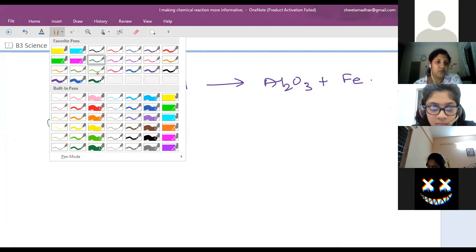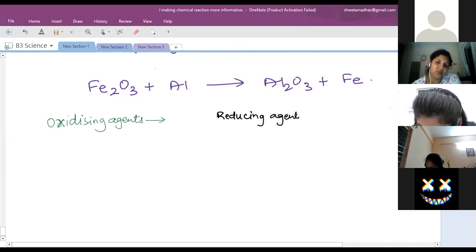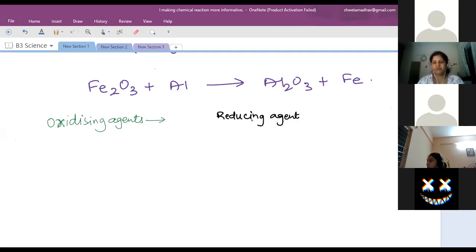Oxidizing agents, what is it? Oxidizing agent, and there is another thing which is reducing agent. Now what is the meaning of the word agent in everyday life? Something which carries out a process, something which helps the process. Like an LIC agent, a broker. We use the word in daily life. One person helping in a particular process is called an agent.